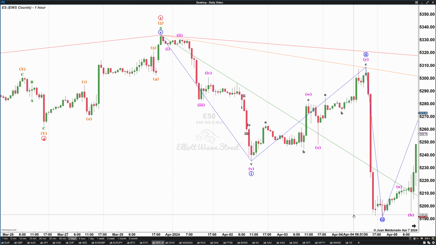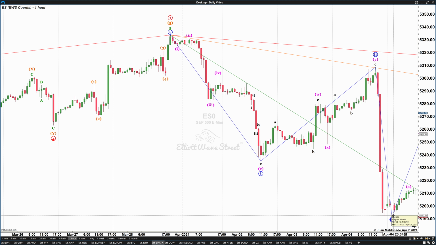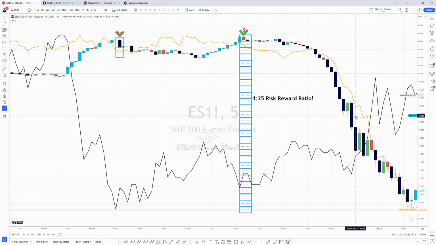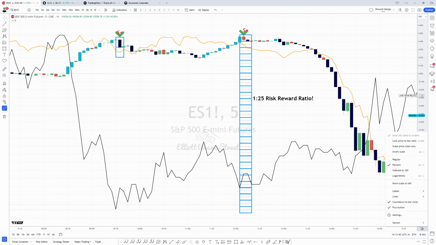I don't like to go against the wave 3. I like more to capture the wave 3 and book my profits. So let's go back here to the chart. Now we have to be careful because as we can see, the price